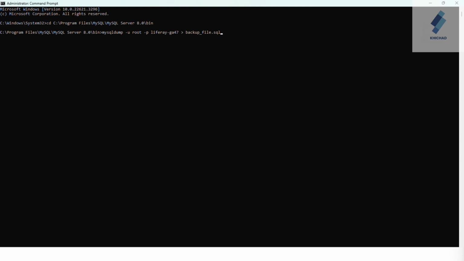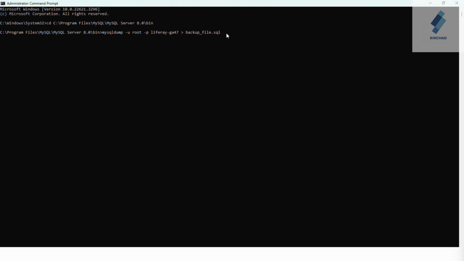I'm using the mysqldump command to take a backup of the database. Let me explain this: this username is the login credential for the MySQL server, the admin credential, whose name is root. This name is the database configured with my Liferay server, and this is the backup file name, backup file.sql. You can use this command to get the backup from the database.